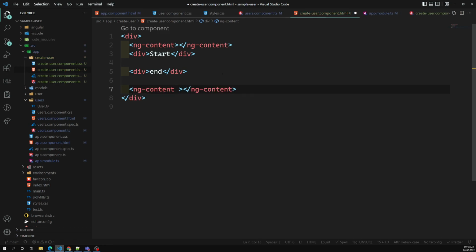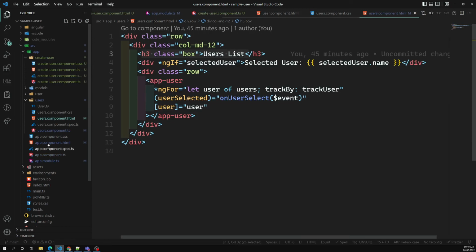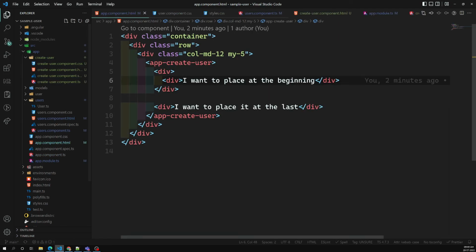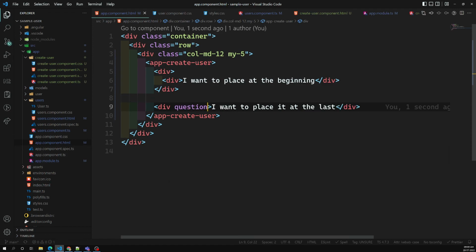So here you will have a select attribute, and you give it a name, such as question, or whatever name you want. Then in the app component.html, you place the content you want in that slot, and you mention it as a question. That's it. Now if you try to see the output,